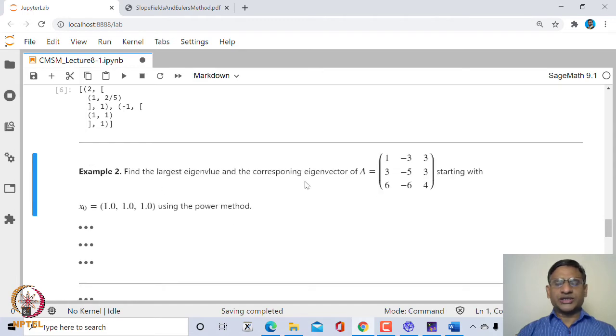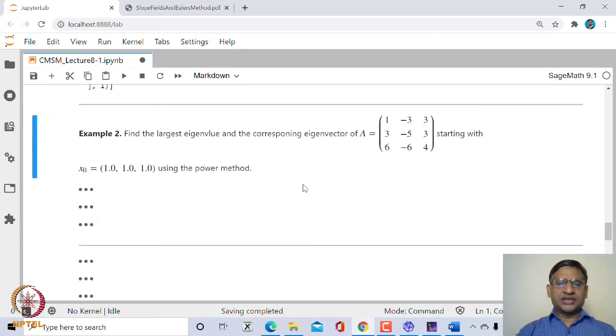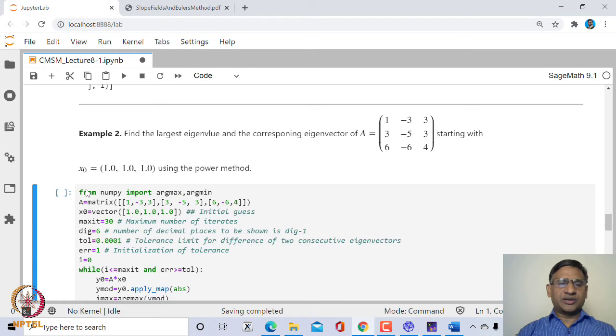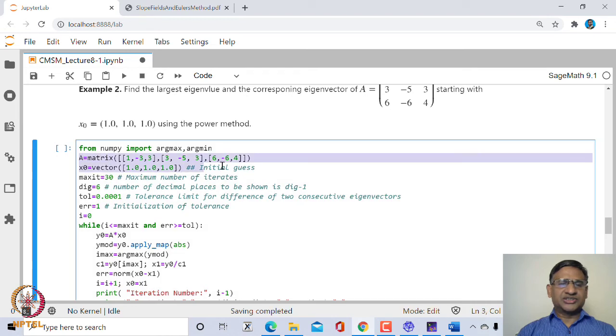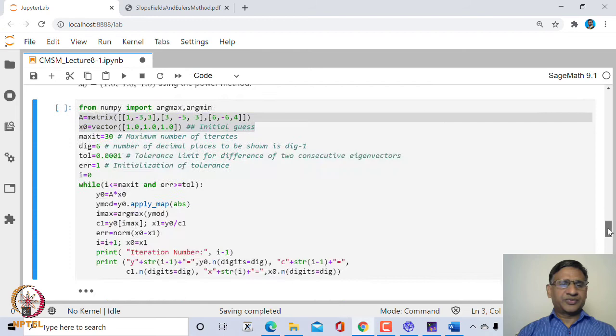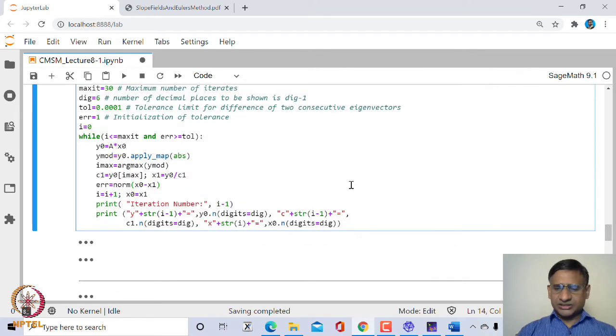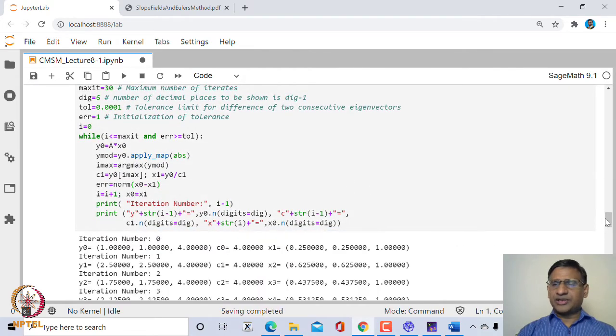Let us look at one more example, slightly bigger example, 3 by 3. So, this is a matrix A. In this case this is not symmetric, but one can check that it has all eigenvalues and the dominant eigenvalue is strictly bigger than 1. So, again we are just applying the previous syntax, just that we are changing the matrix A and everything remains the same, and then when we run this program, we will get